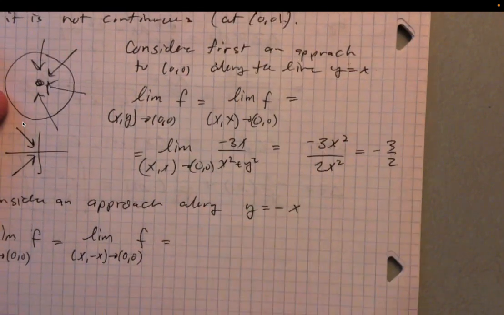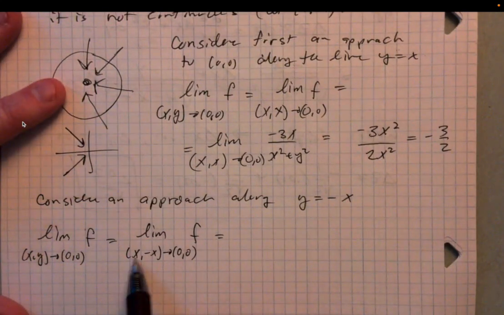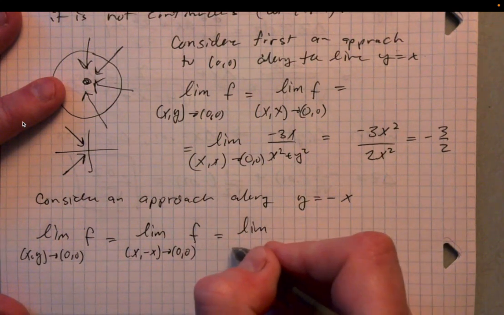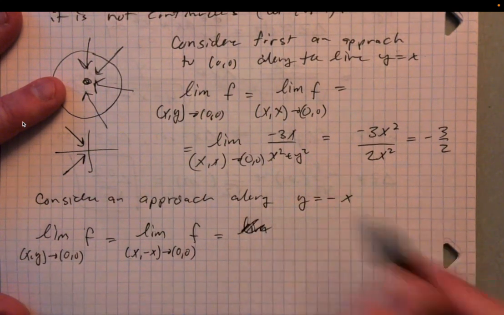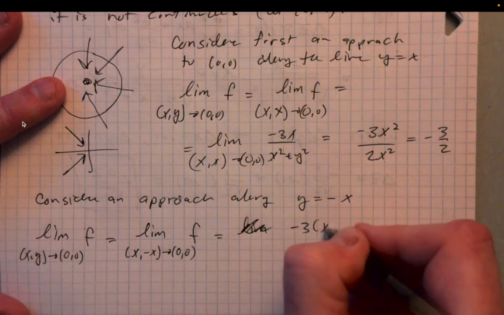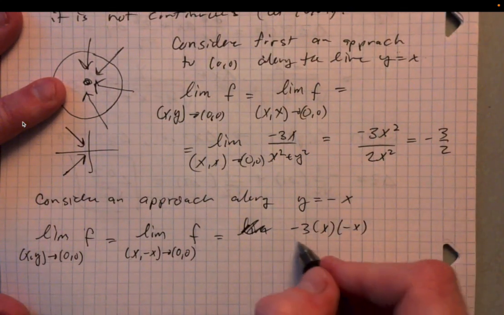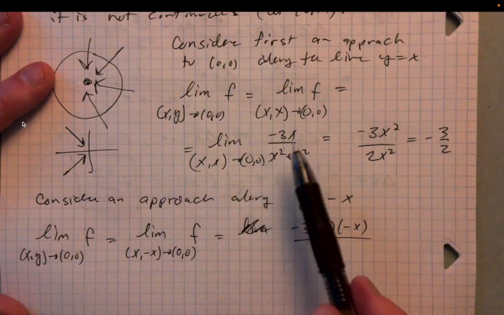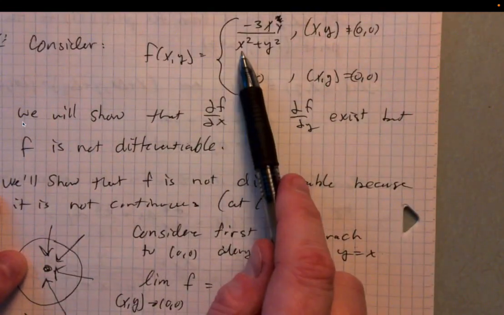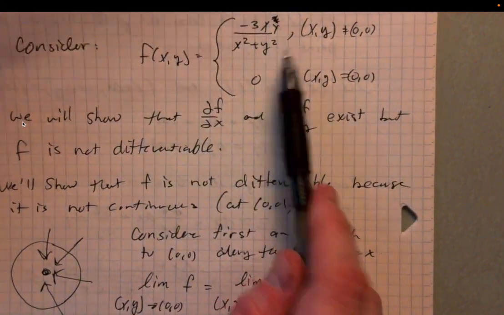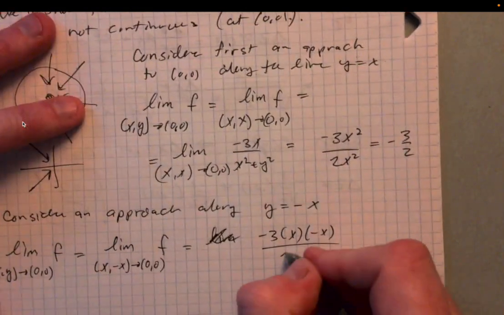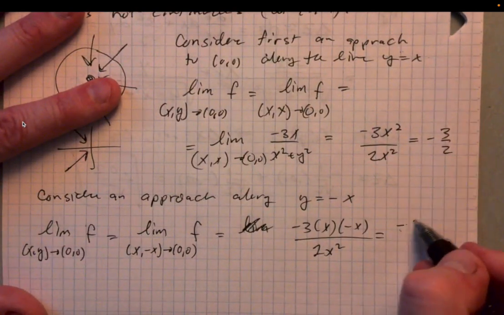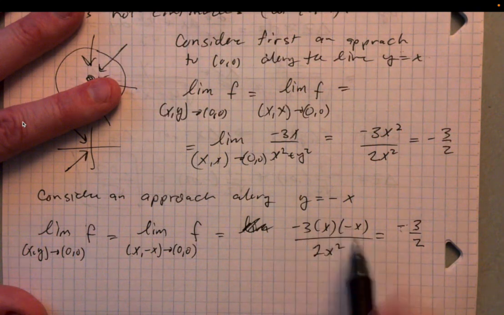And so this would be equal to the limit as (x, negative x) approaches (0, 0). And so what do we end up with there? Then we have the limit as, well, let's just write it in here. This will be negative 3, and then you've got your x, and then you've got a negative x, right? Divided by, again, the denominator would be x squared plus negative x squared. So again, it's going to be 2x squared, right? Okay, and so then that gives you basically negative 3/2, or positive 3/2, because the negative and negative, that's the